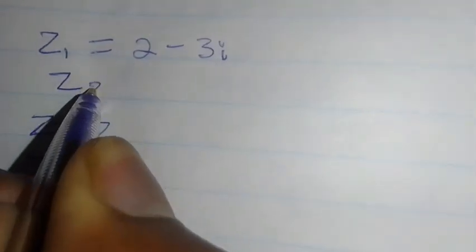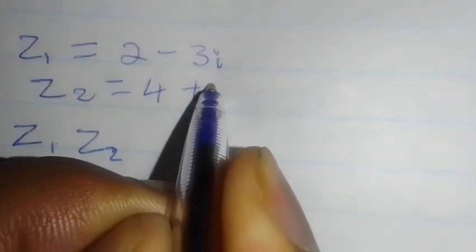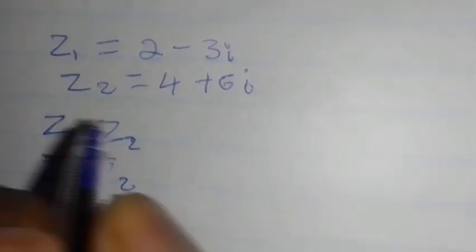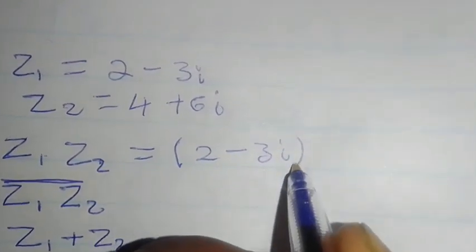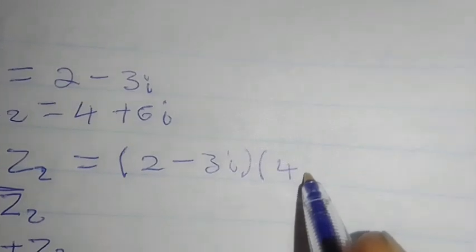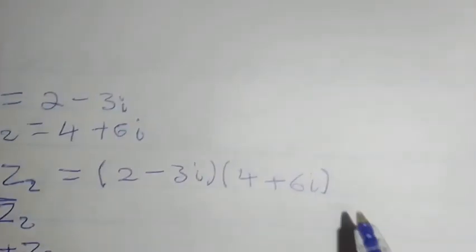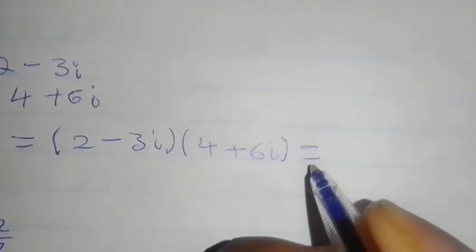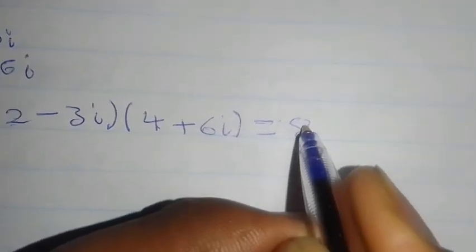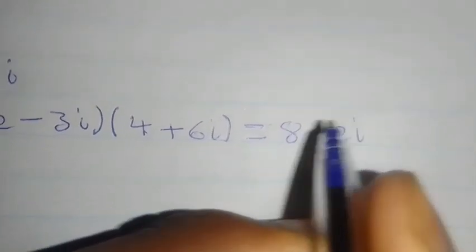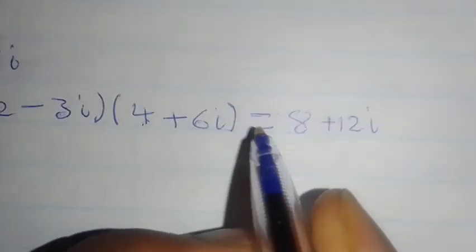Now let's say we have Z1 equals 2 minus 3i, and we have Z2 equals 4 plus 6i. Now Z1 multiplied by Z2, you're just gonna have Z1 is 2 minus 3i, multiply that by 4 plus 6i. So now you just multiply 2 multiplied by 4, that's gonna be 8, and 2 multiplied by 6i, that's just gonna be 12i, and minus 3 multiplied by 4, that's just gonna be minus 12i,